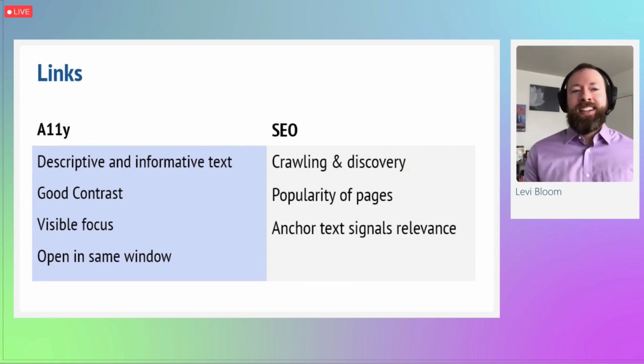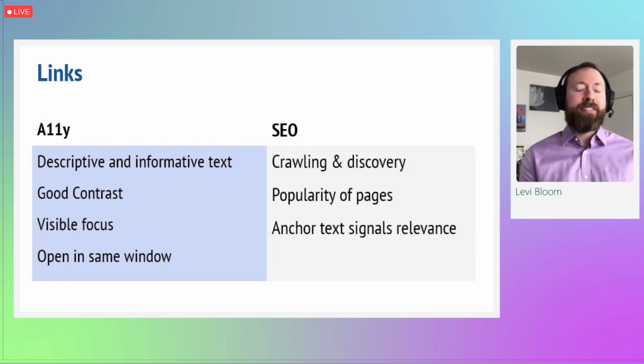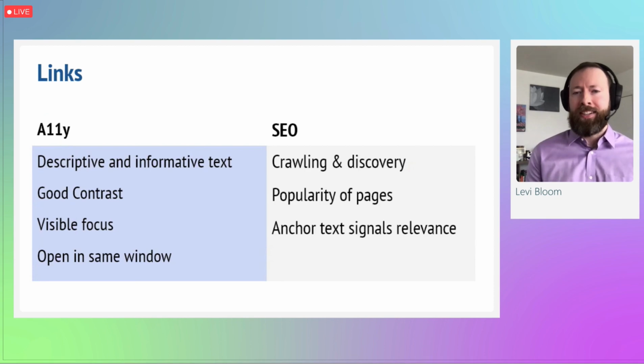Why is that? First, they aid in crawling and discovery, helping the search engine bots find your pages. So that's going to be in your navigation menu, which we'll talk about more in a moment, as well as other links throughout your content. And quick aside while we're on the topic, let's not forget your URL structure. Google recommends that you use simple, human-readable, and logical URL paths. Basically, they're saying to use words rather than a bunch of question marks and parameters, because those could put you in situations where Google may have trouble crawling and indexing all your content. So if you have simple URLs and lots of links, Google should be able to crawl your site.